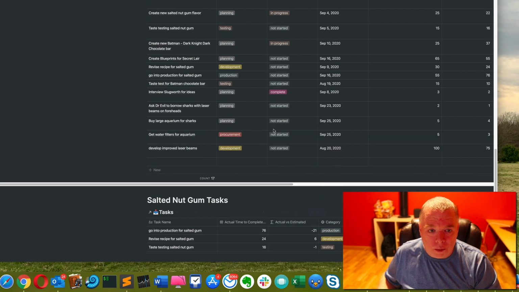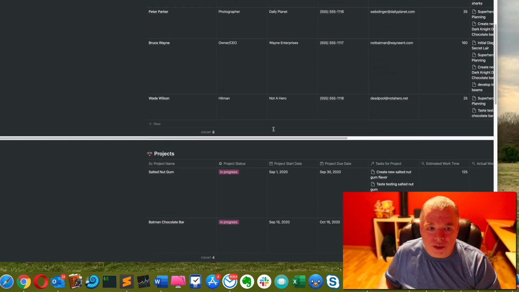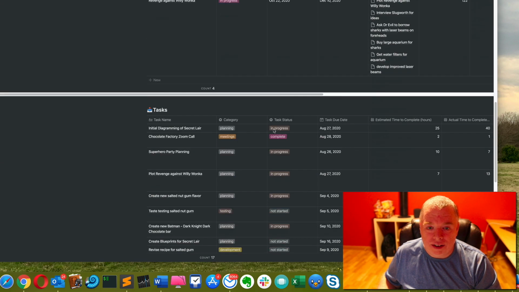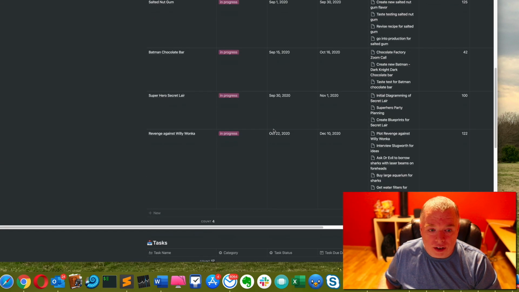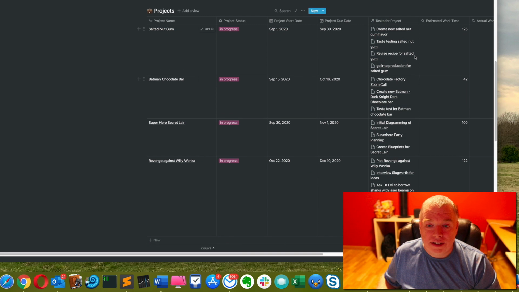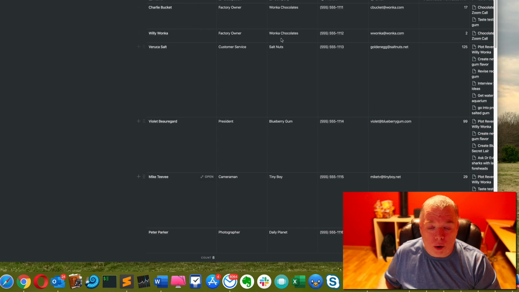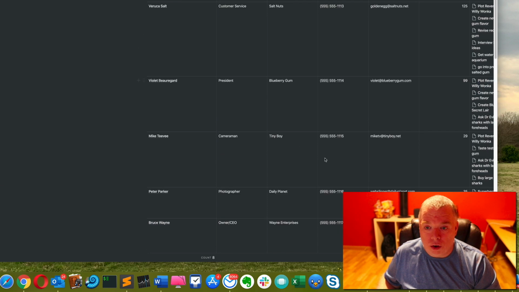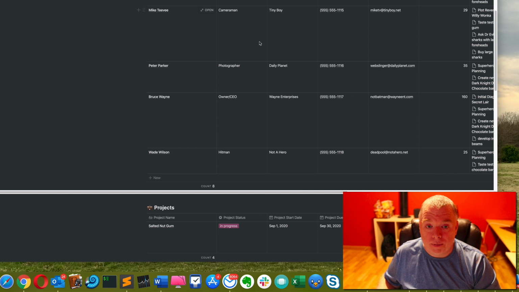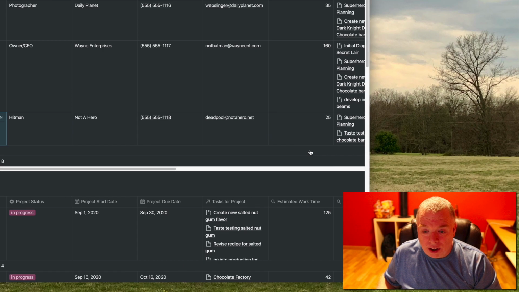And one of the other things I can do that's really cool is I can also summarize data for the entire table. So I showed you how you can summarize using the relations and the roll-ups. But I have a table here that has a total amount of estimated work time, right? So I can come up here and say, let's say this is my whole team, and I want to figure out the total amount of estimated work hours I've assigned my team. So if I come down here,